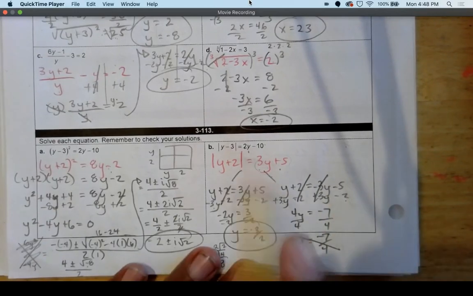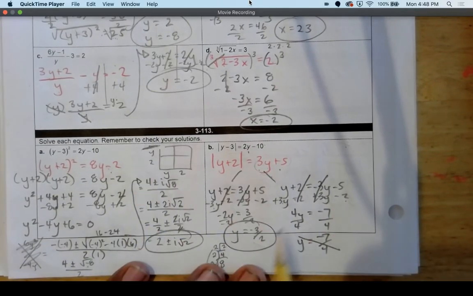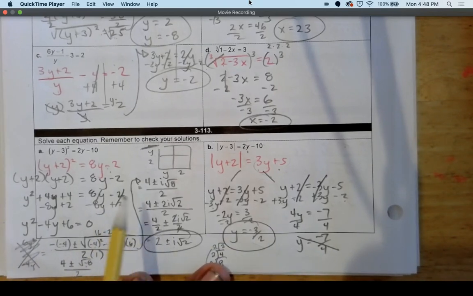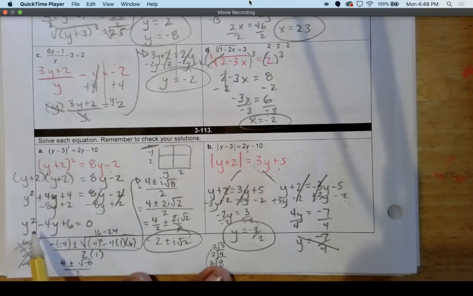So if it asks you to check your solutions, make sure you are checking them. Honestly, it's understandable if you don't check this one because it is a complex solution, and I get that. That's pretty difficult to deal with. And you can't even really graph it. That would be hard as well. So it's tough to check. Okay. But if you have just regular solutions that are real numbers, definitely